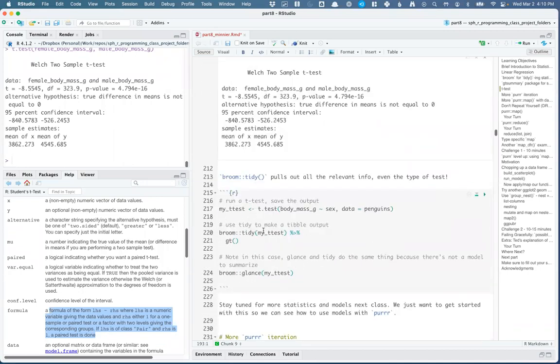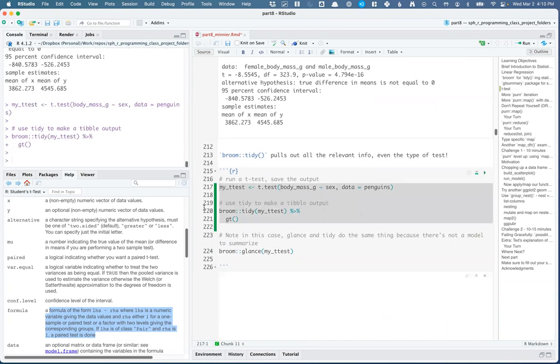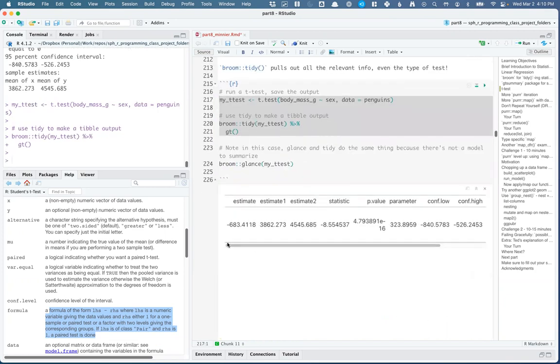The way I would pull out the information I want, I would again use broom tidy, and I would just save my t-test output as something. So I saved it as my t-test, and then I use broom tidy on that value. And you can see it gives me a tibble. I also did GT. I used GT to make it a little nicer, but